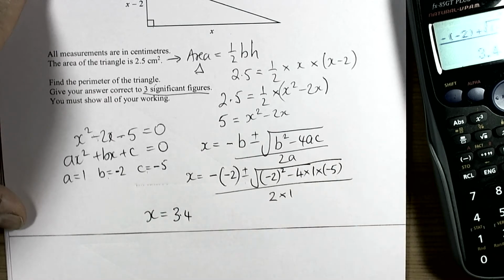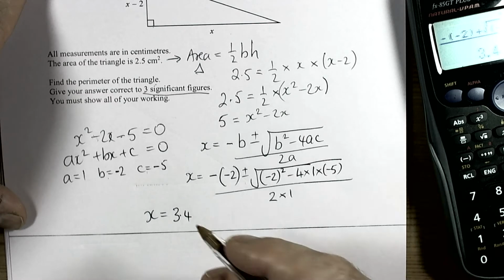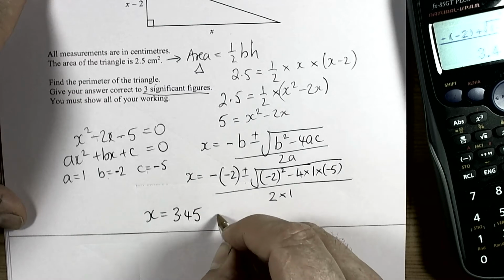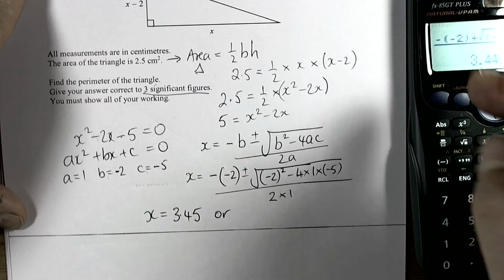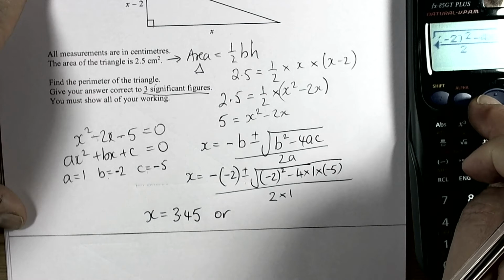Now 3 significant figures means that I go from the first non-zero digit, 1, 2, 3. The 9 is the 4th significant figure. Well, it's 5 or more, so it's making it halfway up. So we change that to a 5. So 3.45. Or, because we've got these modern calculators with the replay key, then we can just go in